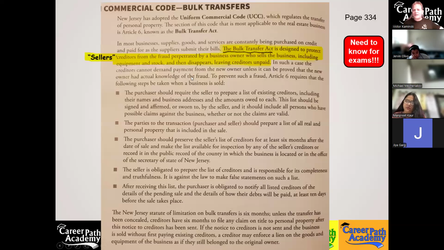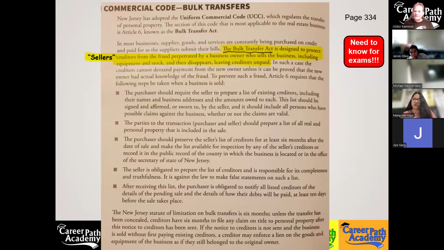When the seller is saying, hey, I'm selling my business, all the stock and inventory, machinery, everything is included, even though I did not pay for it yet, I don't have it all paid off yet, so I don't really own it to sell it. It's not officially mine yet. But I'm going to sell it and say everything's included in the sale of this business. I collect all the money from it, and then I disappear, and I don't pay them off. So I'm basically ripping off my creditors. It's fraud. Now, if you as a real estate agent help them perpetrate that fraud, it's a crime. You help them commit that crime. They committed fraud and you assisted them in that.